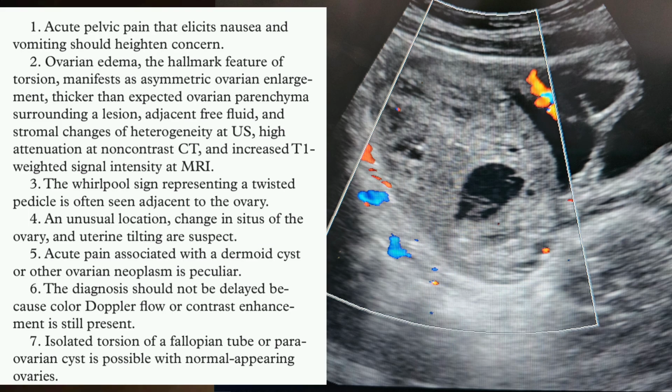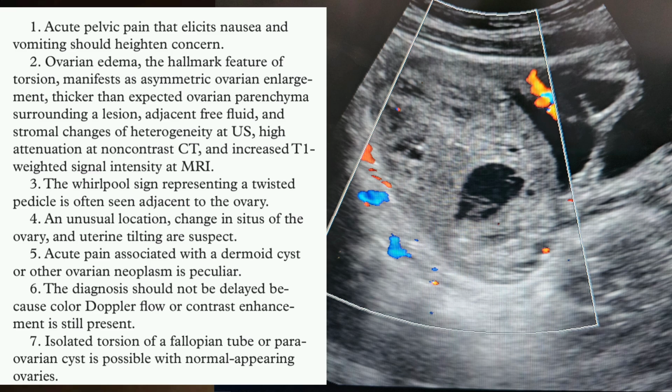So in conclusion, if a patient comes to you with severe pelvic pain, nausea and vomiting, there should be a suspicion of ovarian torsion. On ultrasound, ovarian edema is the hallmark feature of ovarian torsion and manifests as asymmetric ovarian enlargement with thicker than expected ovarian parenchyma, surrounding follicles, adjacent free fluid and stromal changes with heterogeneity. On Doppler ultrasound, there would be absent arterial and venous flow and the whirlpool sign, which represents the twisted